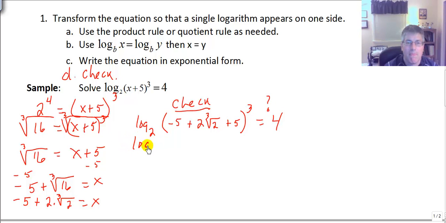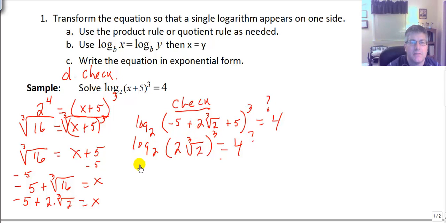Well, log base 2 of negative 5 plus 5 times the cube root of 2, all cubed, does that equal 4? Well, let's see. 3 times log base 2 of